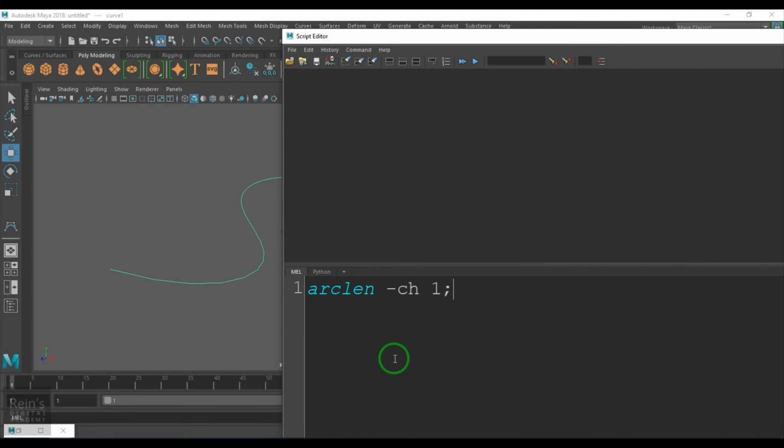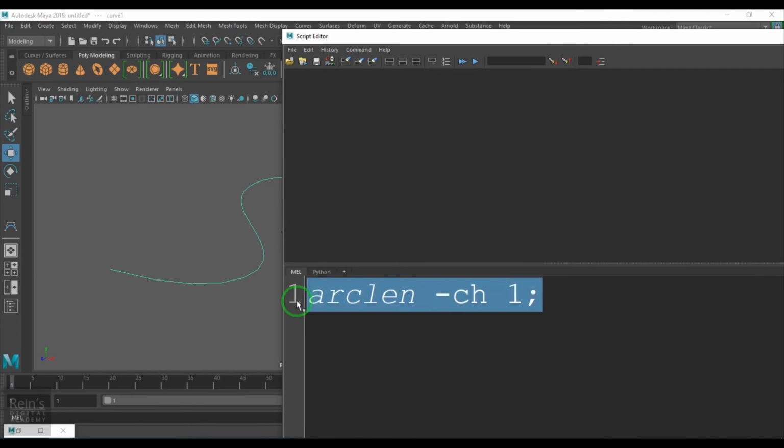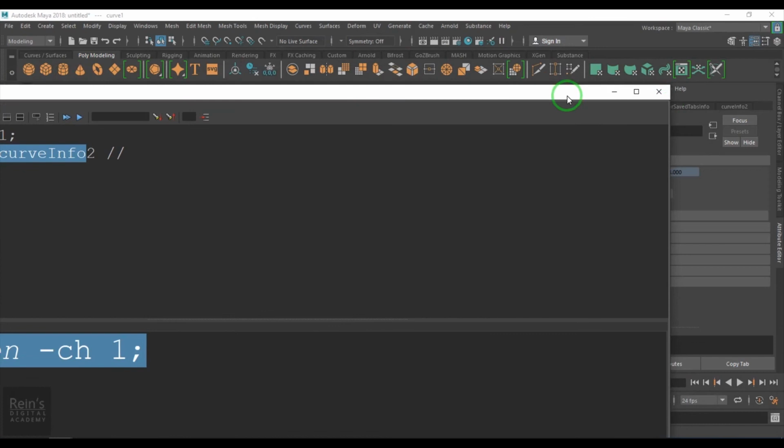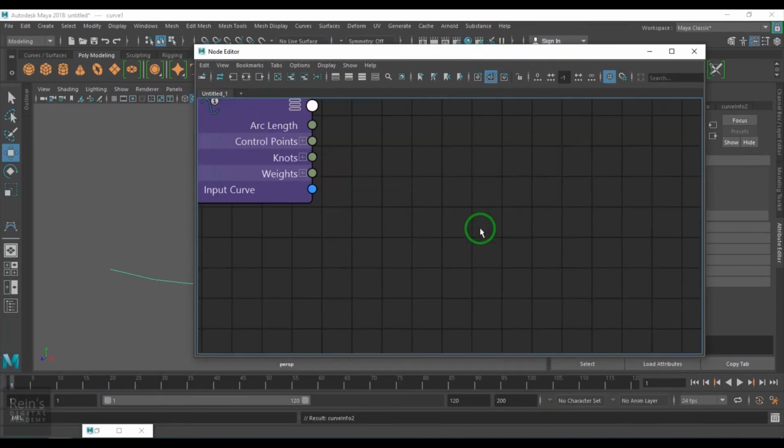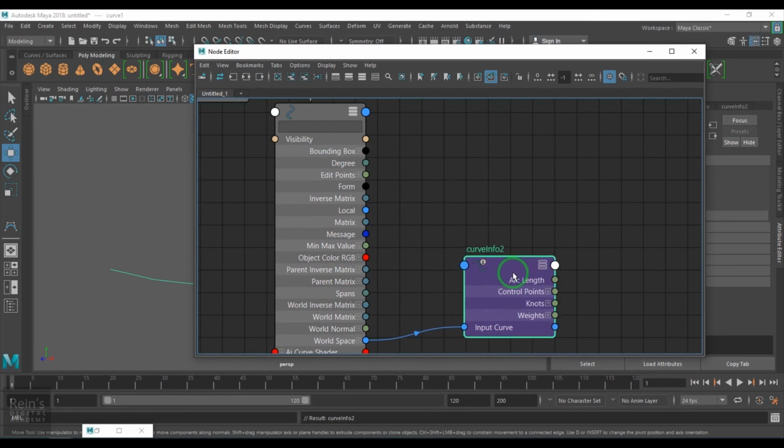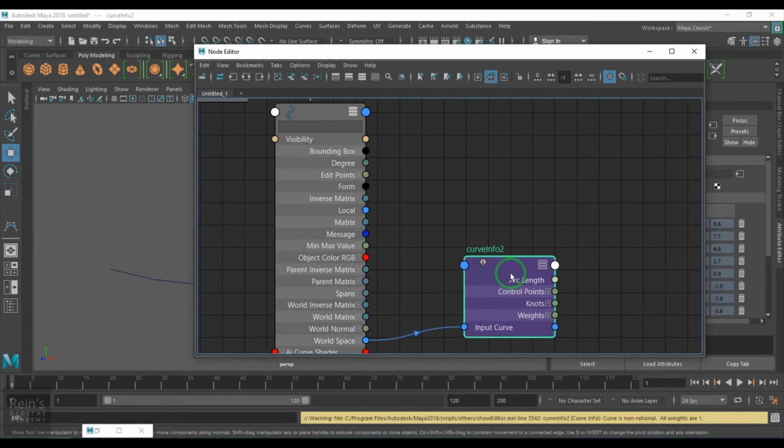Now this is the command which you need to type, and then press Ctrl Enter to execute. Then you should be able to see I've created a curve info node with this command. Now if I open the node editor, you should be able to see the curve info node is automatically created with the single line command.